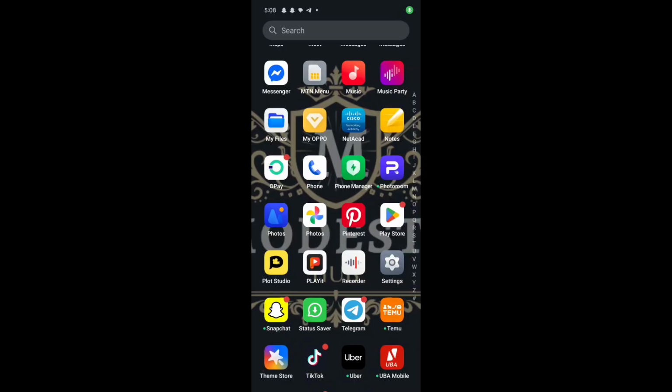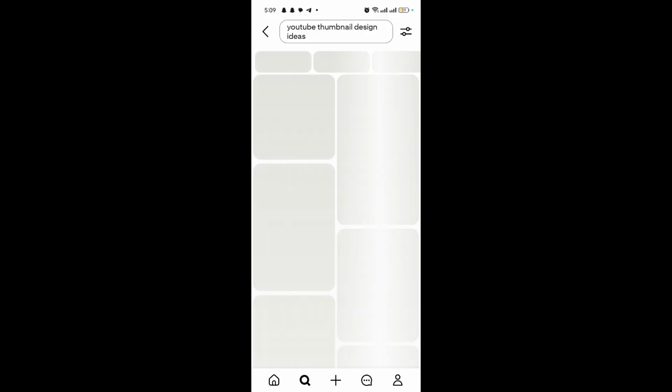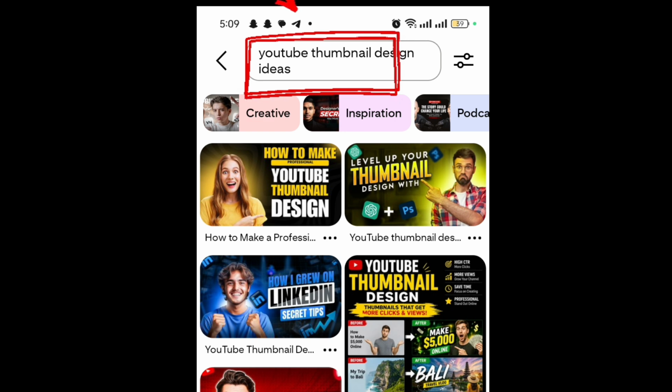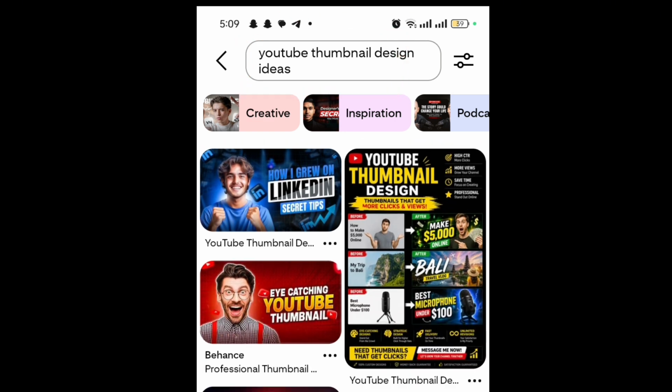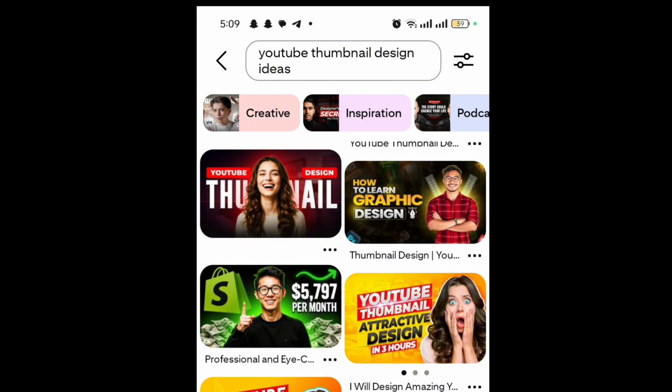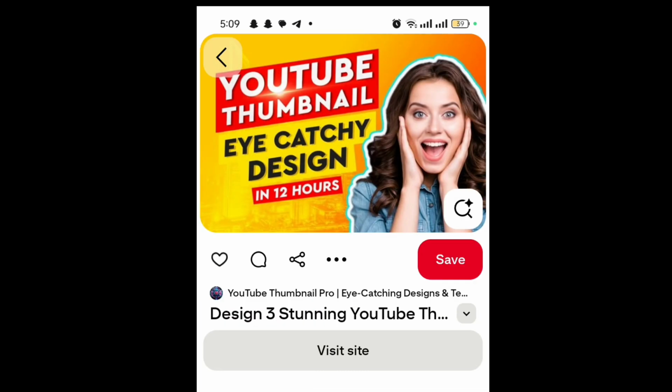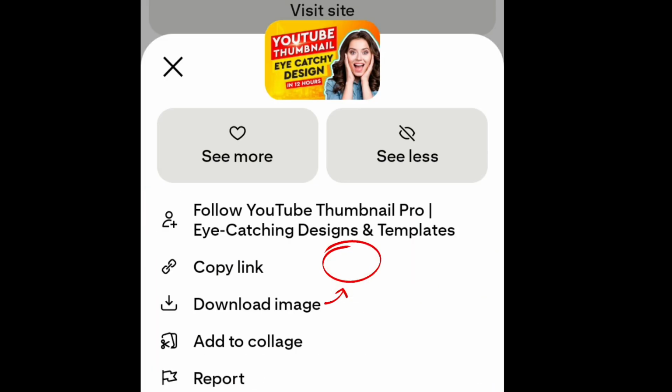After we've done that, we can now go to Pinterest. Tap on the search icon, then up there you can type what you want, YouTube thumbnail design idea. You can start scrolling and look for the one that you think is eye-catchy enough, and you now download it. To download it, click on the three dots and then click on download image, and it's going to download